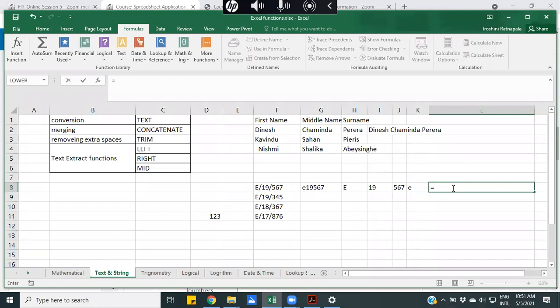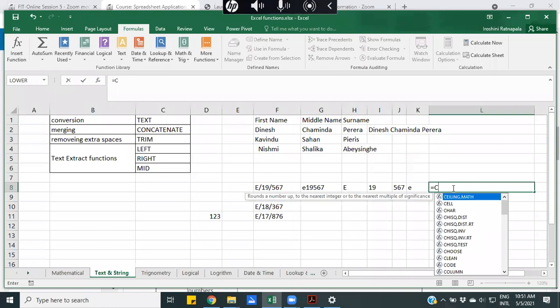my outer calculation, the final calculation, is that I need to concatenate. Right? That's my final calculation. The final calculation comes as the outer function. So my outer function is the function concatenate.